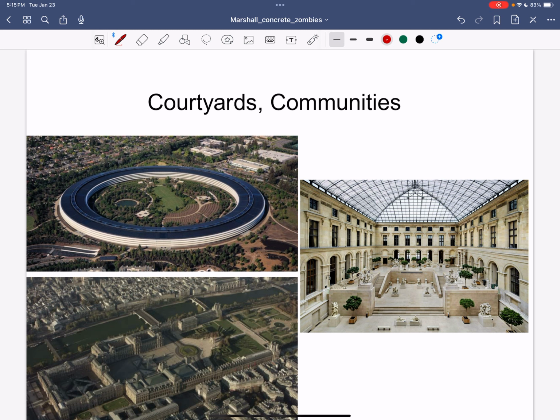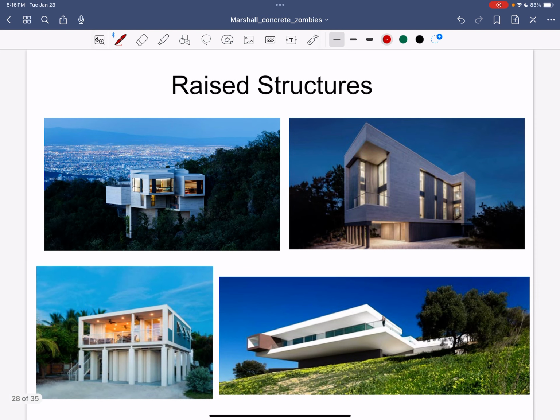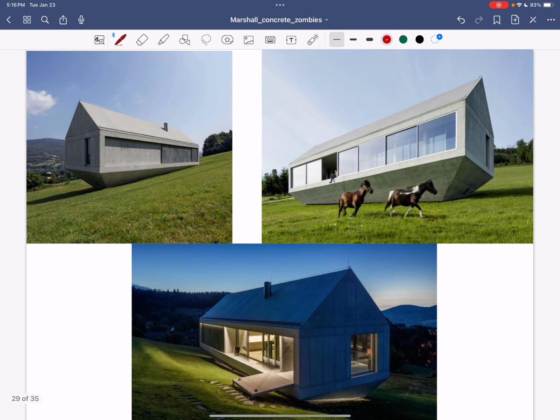If you're looking at a whole community, having a zombie-proof exterior, but being able to still have open living space inside with a courtyard type setup is a good option. I'm kind of partial to raised structures, but I have to make sure it's not something the zombies can climb up the pole and get in. So some version of a raised structure might be interesting. Here's another one. It looks a little bit better on the zombie-proof piece because they hopefully can't just climb up and around. It's got the drawbridge concept.